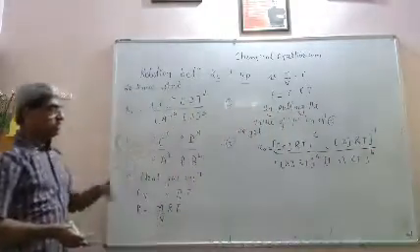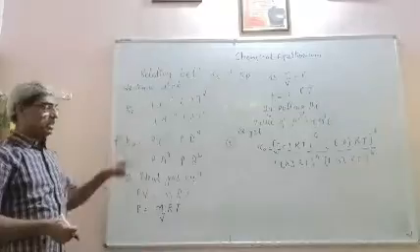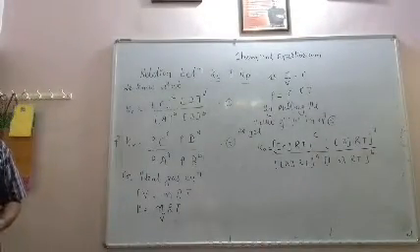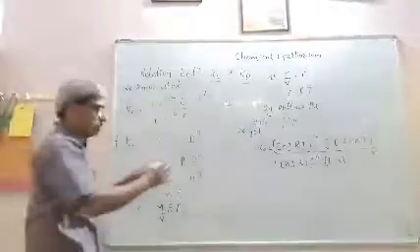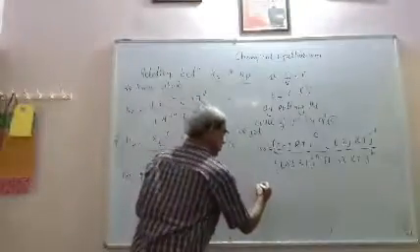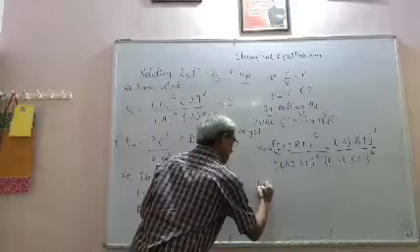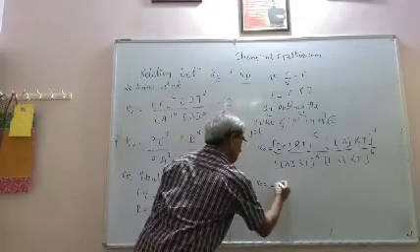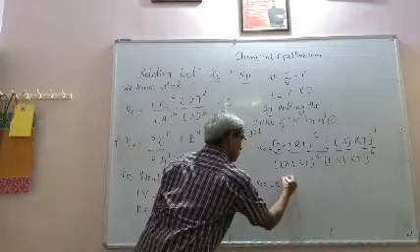That means we substitute the value of P in equation 2, we get this equation. Then simplify it. We can write Kp equal to, split it, active mass of C raised to C